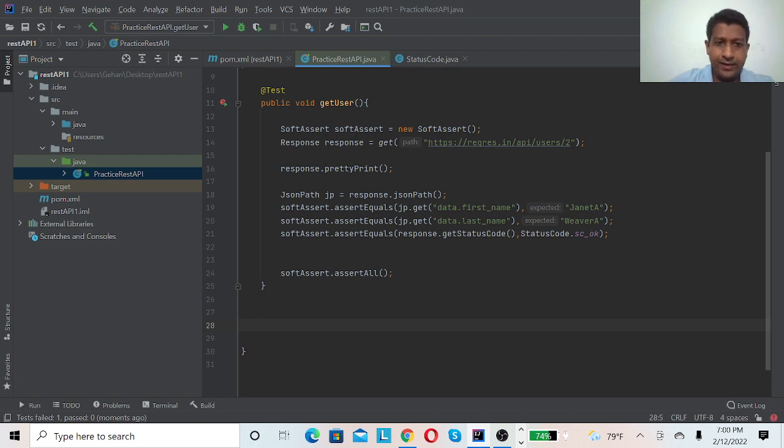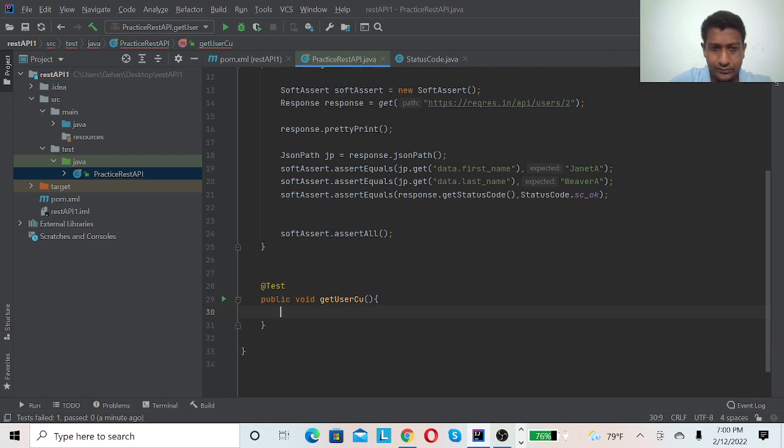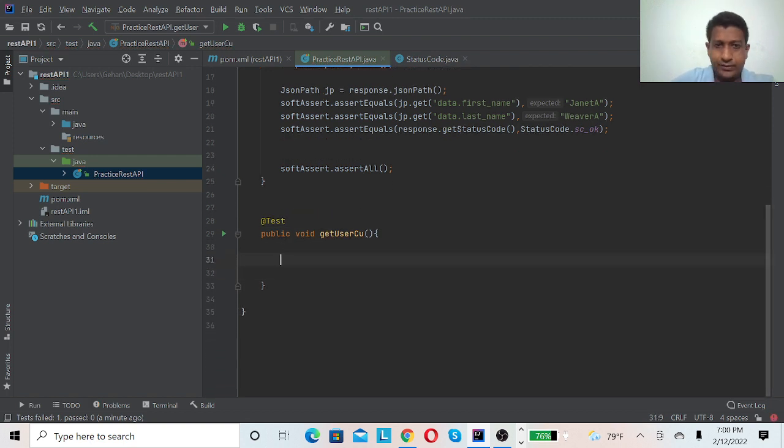So I will create a new method here. Now I'm using get user using Cucumber. Since it's a get request, there's no request body.